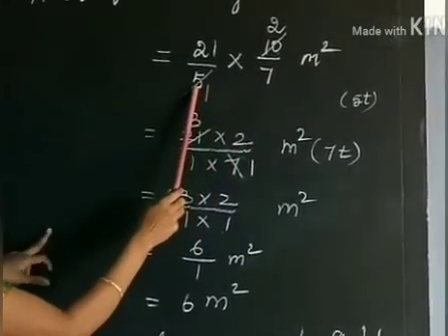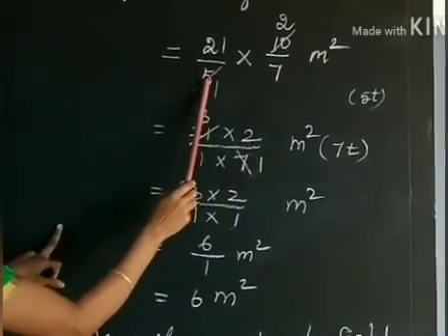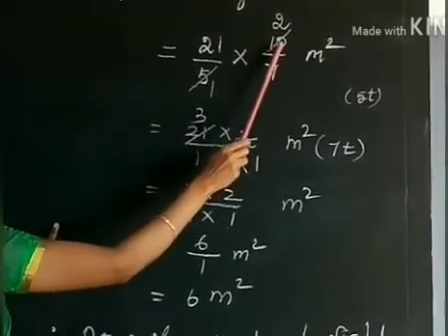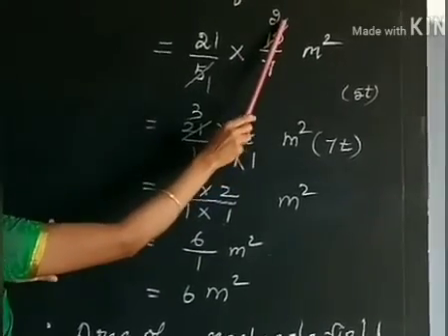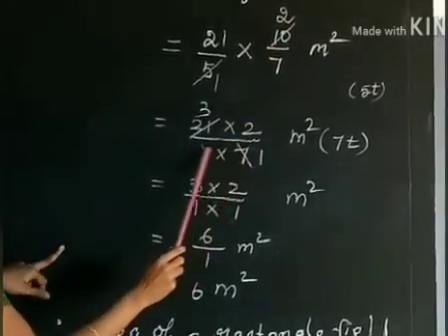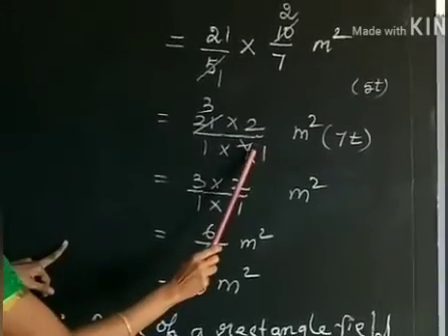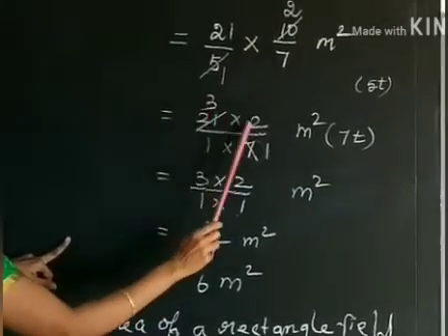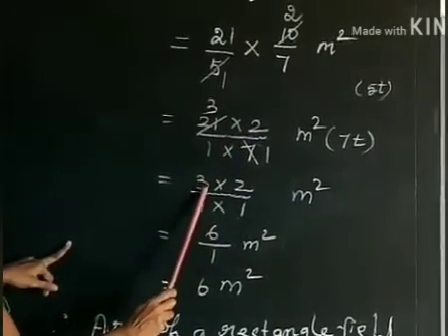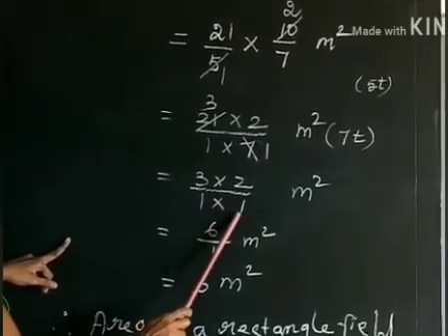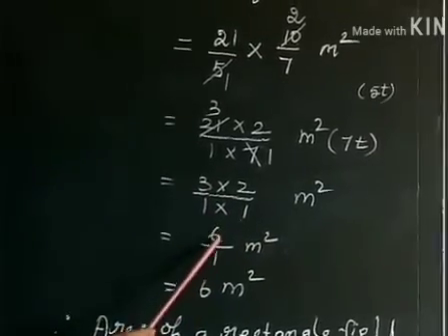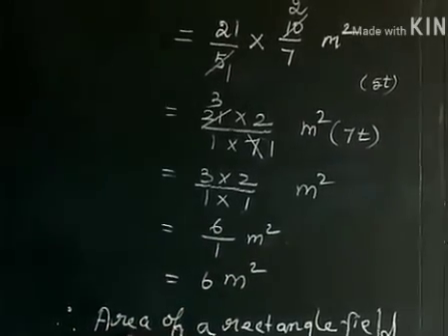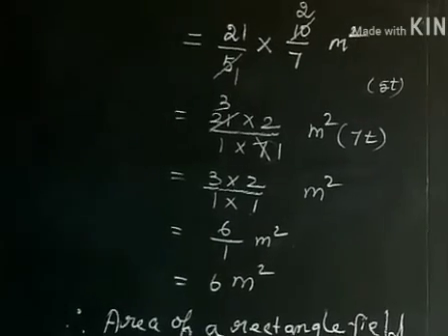First we choose from the denominators the smallest number, 5. In 5 table, 1 times. Which one is possible in the numerator? 10. So we cancel in the 5 table and get the answer 2. And then next step, see the denominator, we get 7 and it's possible to cancel 21 in the 7 table, 3 times. And whatever we get, the product for the numerator, write 3 into 2 divided by 1 into 1 and get 6 divided by 1. We divide and get the answer 6 meter square. This is your area of the rectangular field. You have to complete it in this way.